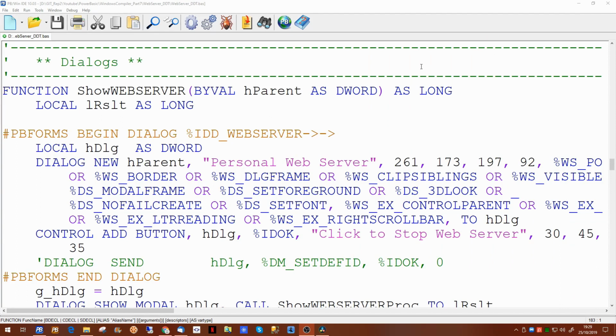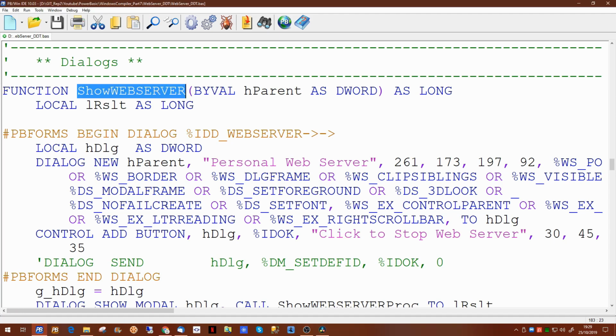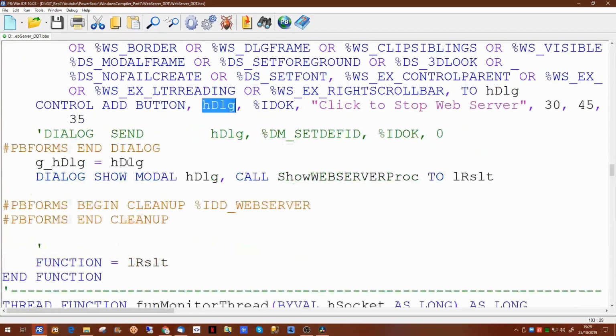I think I've traced where the problem's coming from. If we look at the dialog we have that actually shows the web server form, in this we're using the dialog new command to create our dialog, and at the end of that command is a variable called HDLG, which is a D word, which is used to store the value of the handle of the dialog. Now, further down here, what we needed to do, this line of code here, where we put the value of that handle into our global variable where we can pick it up, this line of code was actually sitting down here